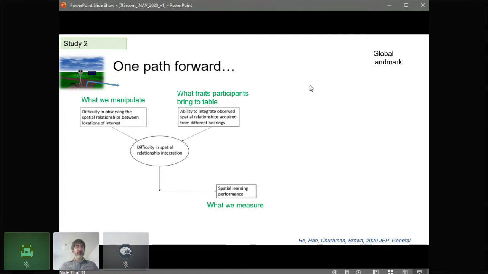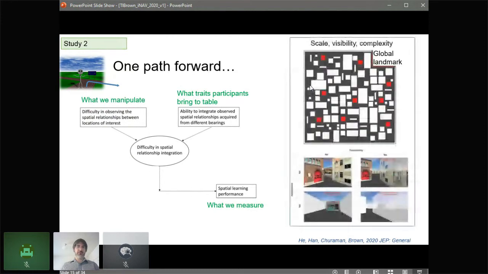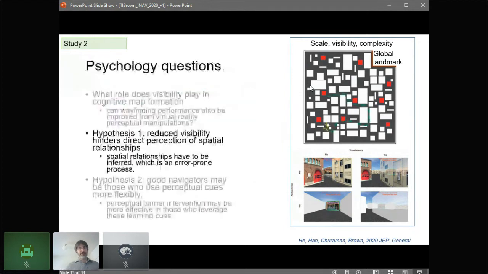And we've gone on to replicate this work in larger scale environments. You see this recent example in the top right. We've looked at a situation where now there is a global landmark that participants can use to orient in the environment. We've manipulated the abstractness or sort of visual complexity. And I don't have time to go into this specific experiment today, but it was recently published and I wanted to make a quick plug for it, which is that if you return to this question, this research question here,